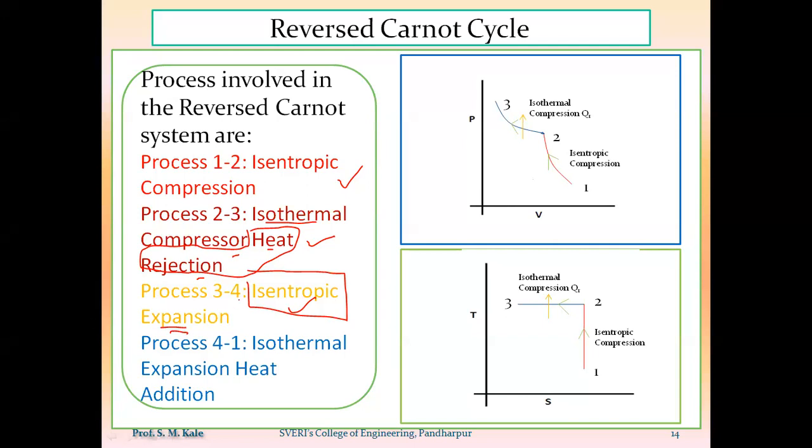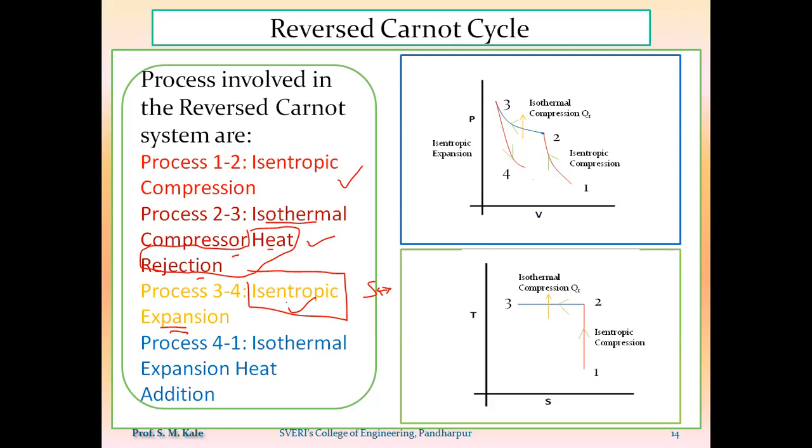So here, as this is the isentropic process, entropy remains constant, and at constant entropy, the expansion process takes place. As expansion is there, the value of pressure will go on decreasing, whereas the value of volume will go on increasing. That's why the nature of the isentropic expansion process on the PV diagram will be likewise, and this will be the 3 to 4 process.